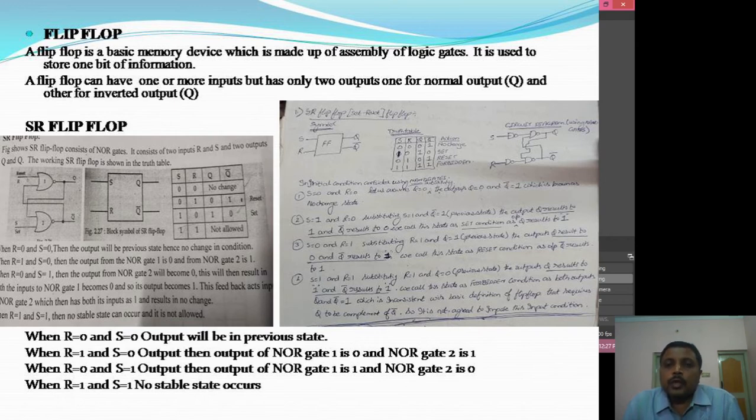Similarly, now I will change the state of R as 1 and S as 0. So when we substitute R equal to 1 coming at the bottom of the circuit, the output of the third NAND gate would be a 0. So 0 is coming, and Q in its previous state is 1. So 1 into 0 is 0. A complement of it is 1. So Q bar changes its state to 1 when R is equal to 1.